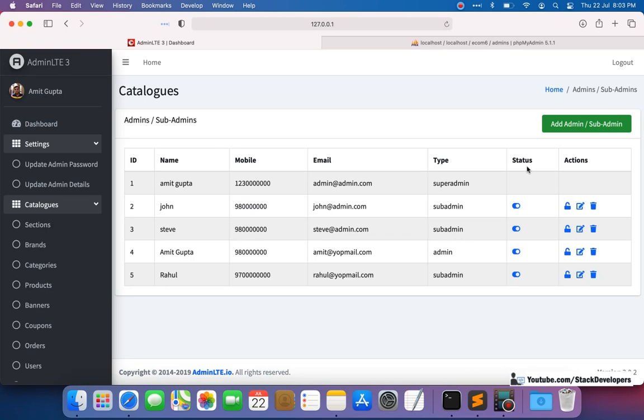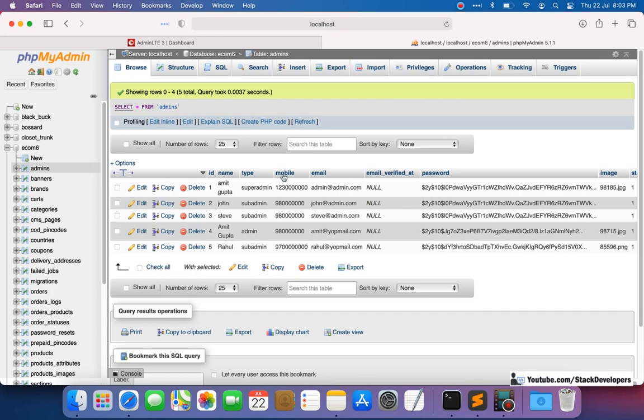In the last video we saw that we are able to add the feature for adding the admin or subadmin from the admin panel. We are able to edit them as well, and delete them and make them active and inactive as well. So in this video we will take this forward, and we are going to create one new table, which will be called admins_roles, to set the roles for the subadmin, so that we can set the view, edit, full access to the modules. We are going to create this table with the help of migration.